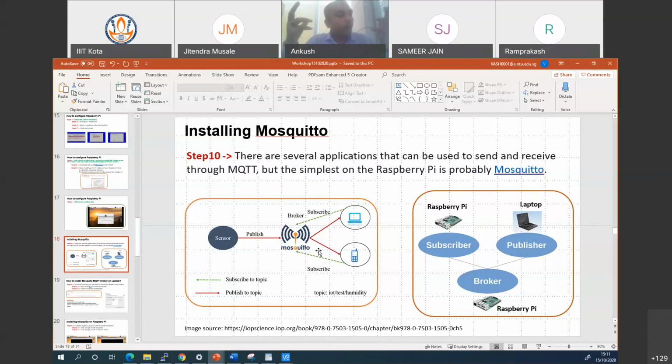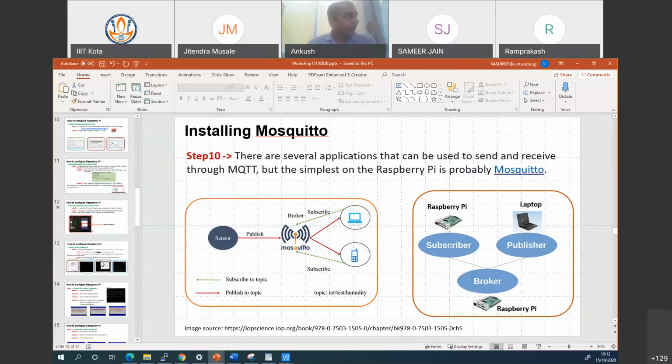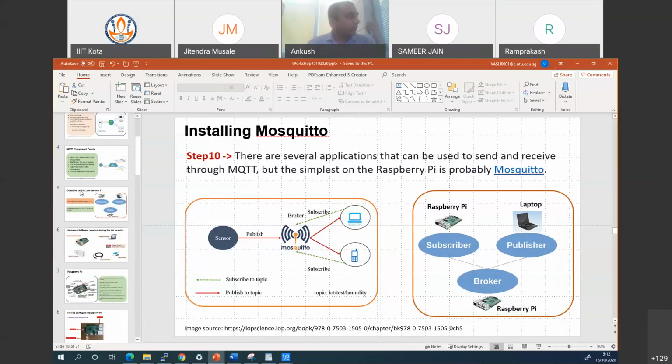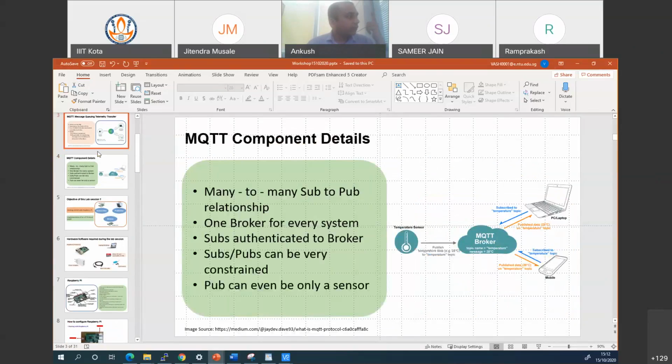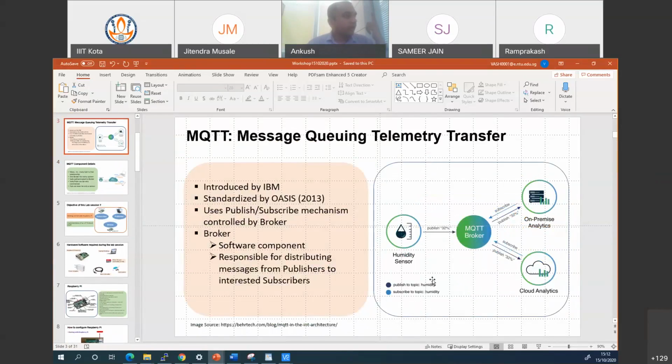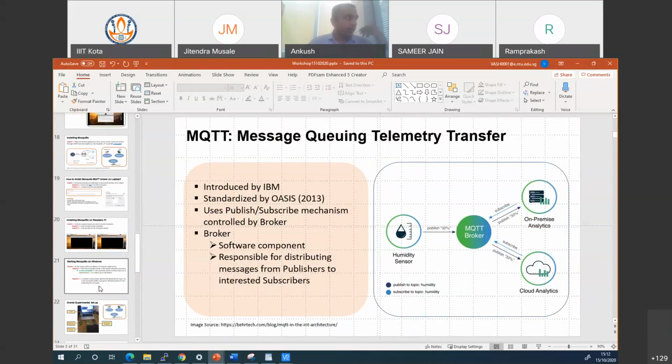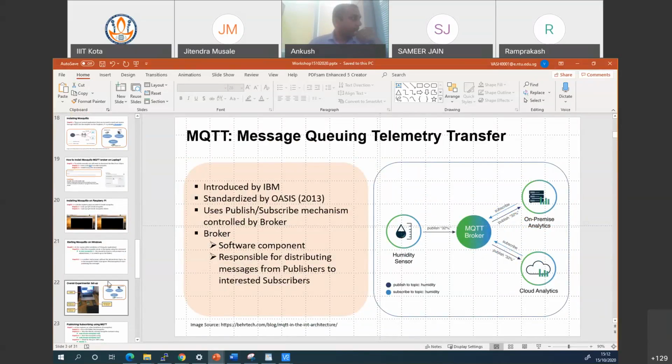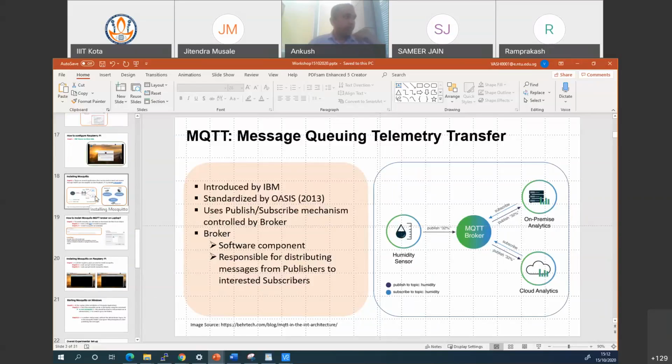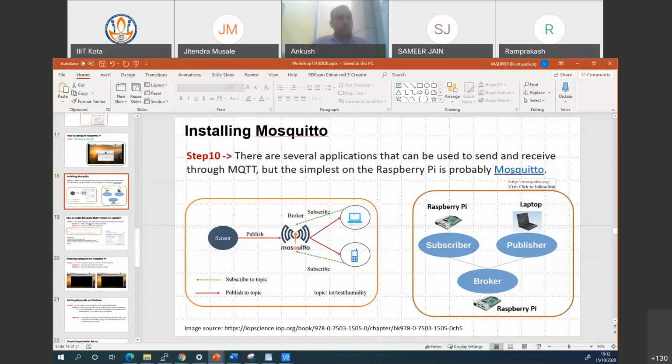It's a software component. So the broker is a software component, right? We are trying to install those software components, and for that, one of the applications is Mosquitto, which is again open source, and you can definitely use it for your programming and for your application to transmit data from one device to another device, right? So what I'm going to do is install Mosquitto